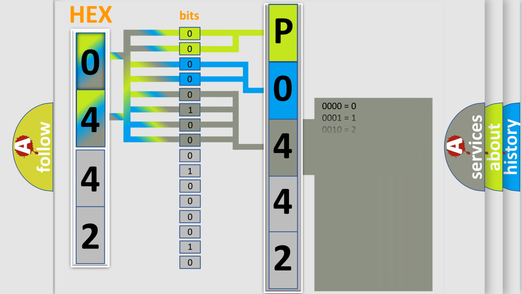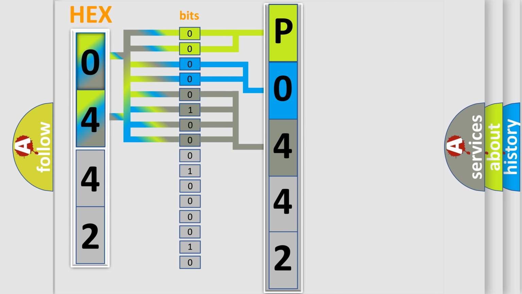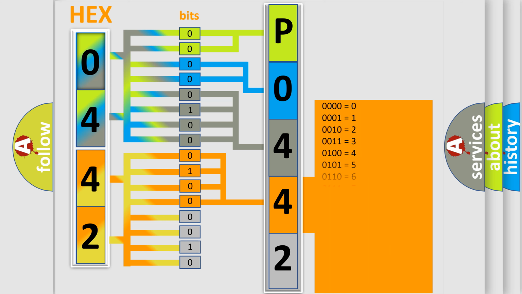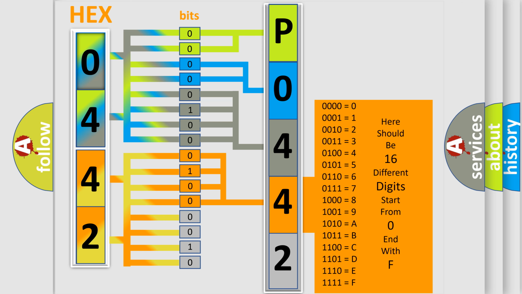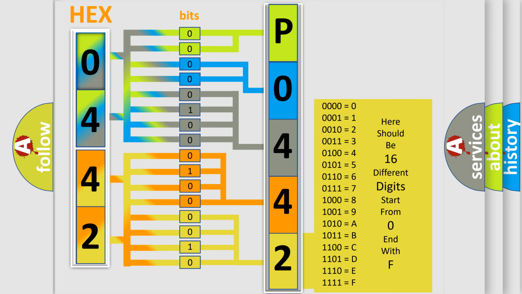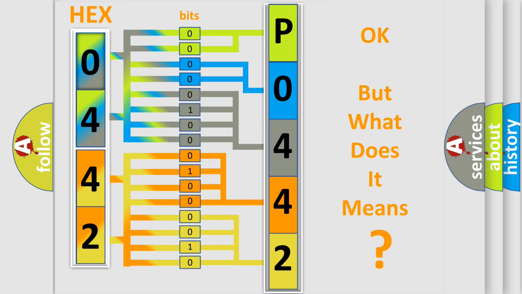The second byte is composed of a combination of 8 bits. The first 4 bits determine the fourth character of the code. And the combination of the last 4 bits defines the fifth character. A single byte conceals 256 possible combinations. We now know in what way the diagnostic tool translates the received information into a more comprehensible format. The number itself does not make sense to us if we cannot assign information about what it actually